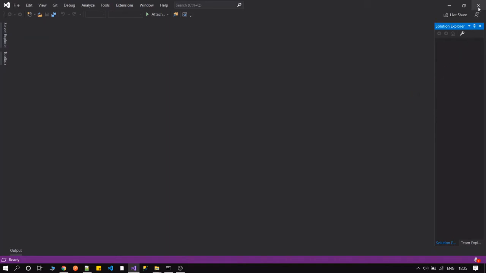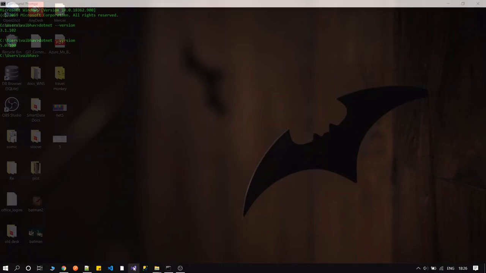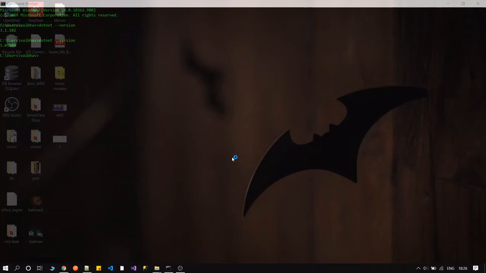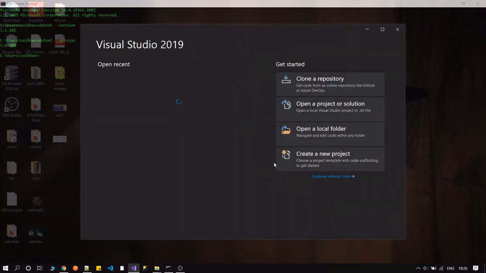Let's close this one more time so that Visual Studio restarts. Okay, let's click on Visual Studio again. It's restarting Visual Studio again. The first time, I think it will take time.